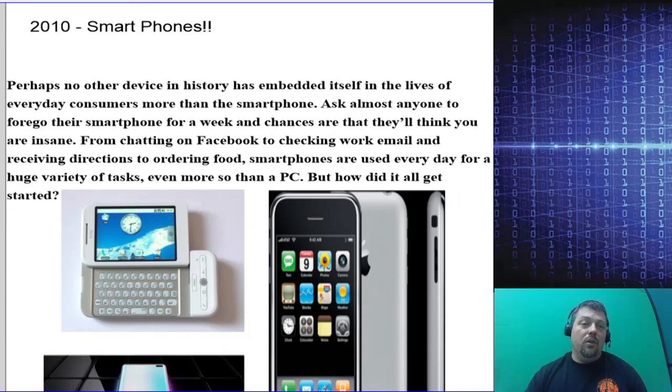All right, and then one of the biggest innovations is smartphones. And this is another one that kind of came out of nowhere. Like cell phones had been around in the 90s and early 2000s. So we had cell phones, but they were just a phone. And they also had text functionality. So that was new and cool. But nobody could have really predicted how important smartphones would become when compared to just a regular phone.